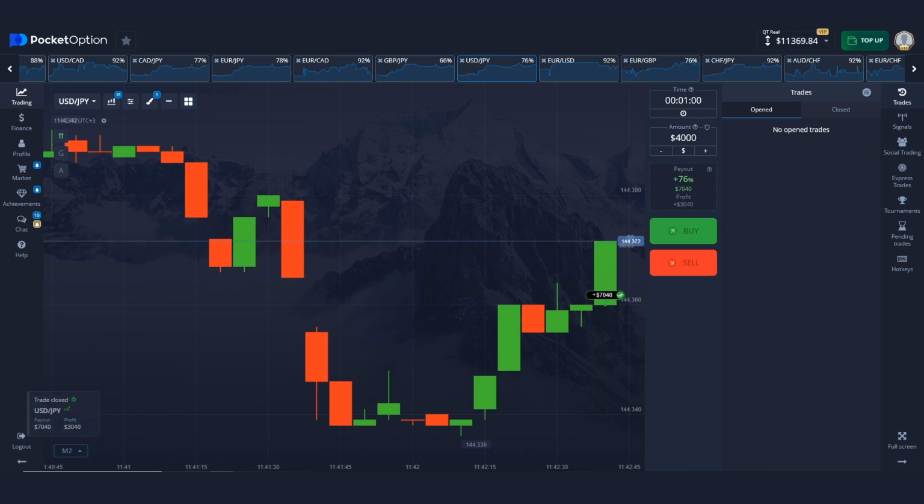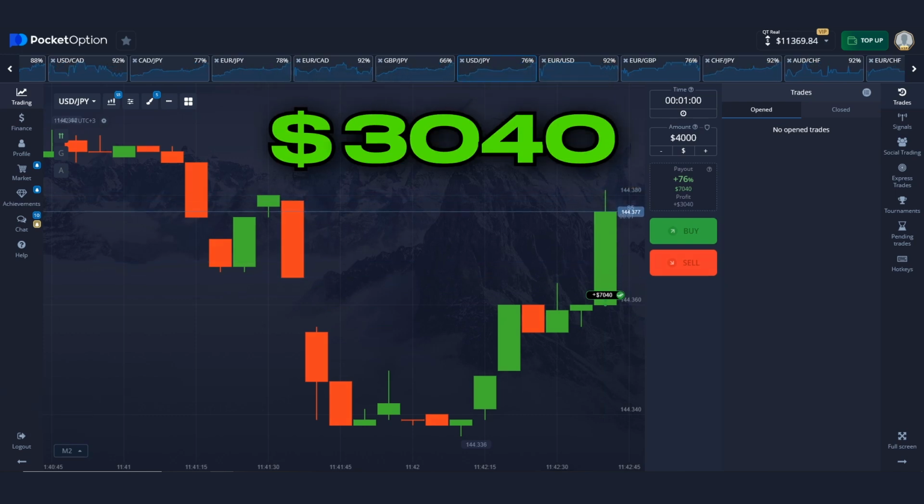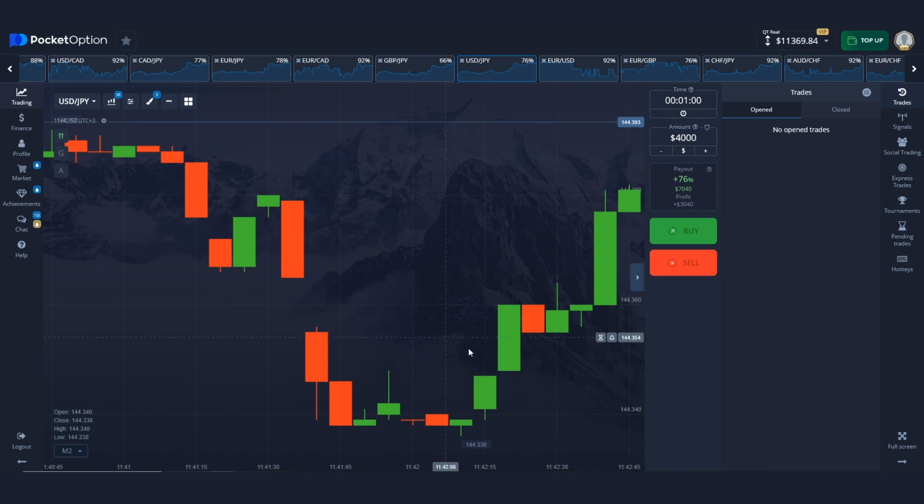The final trade is quite dangerous, but it brings me $3,000 on top, and as you can see, from $400